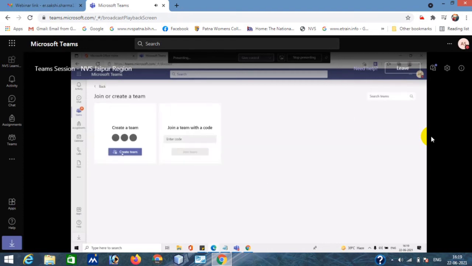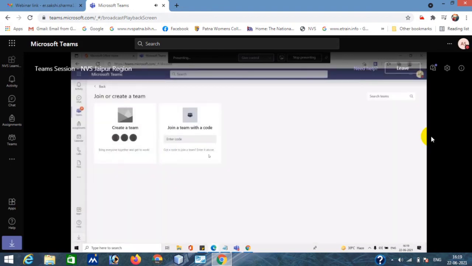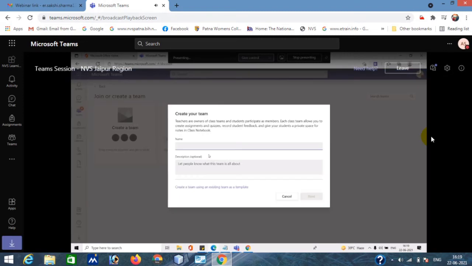And then you can just click on create team options. Click on create team, right? So here are the 4 options. Your purpose is to create the class, so you can choose these options, right? And then here you have to write down the name of the team, the name of the virtual class that you are going to create.